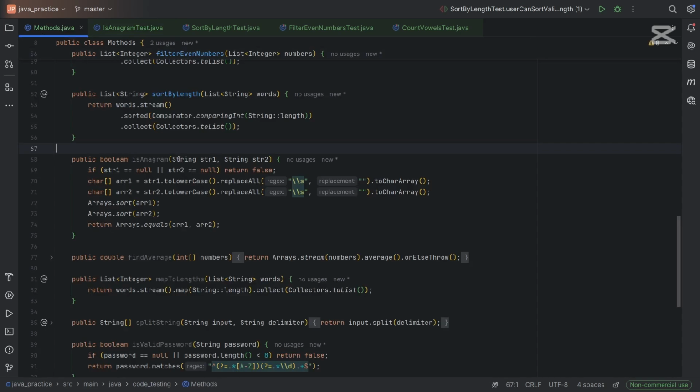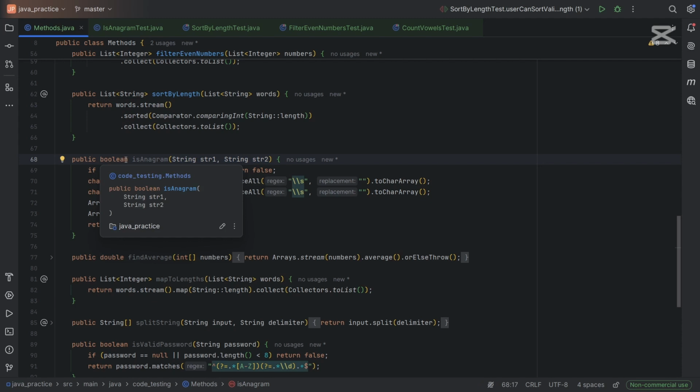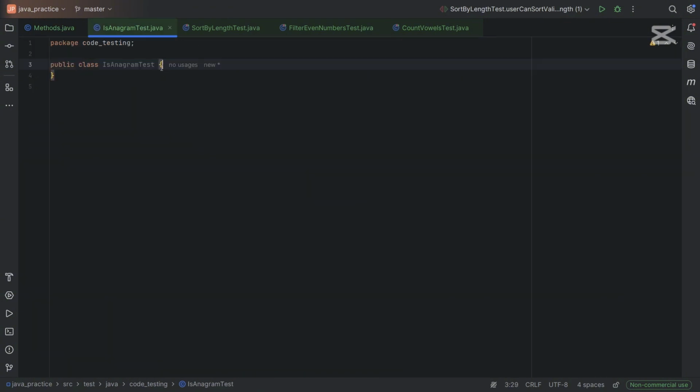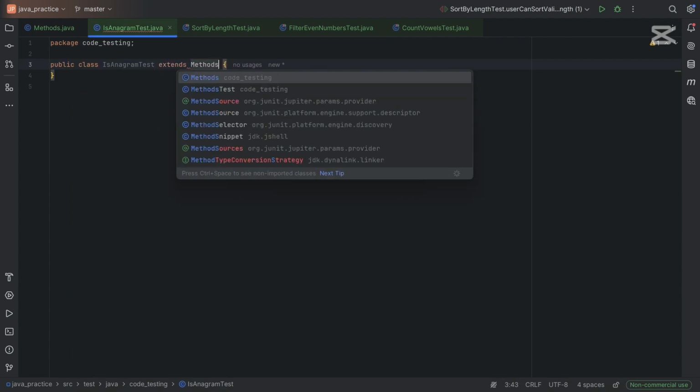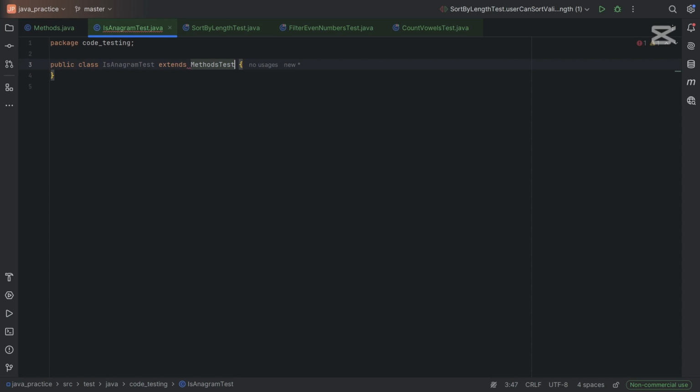So this method takes two strings, string 1 and string 2, and returns boolean. So what is anagram? Let's see. But first I will extend the class methods test. Then we go and create